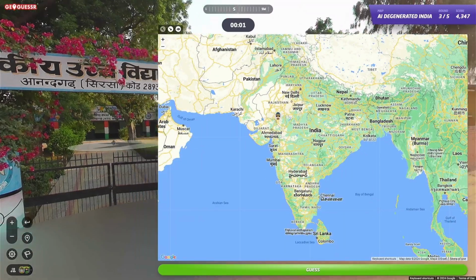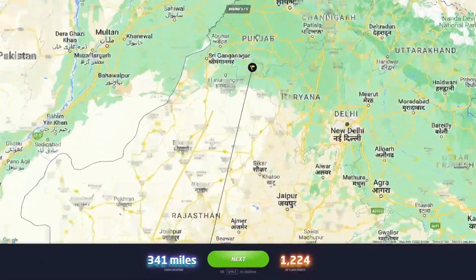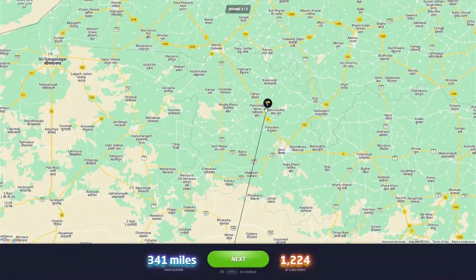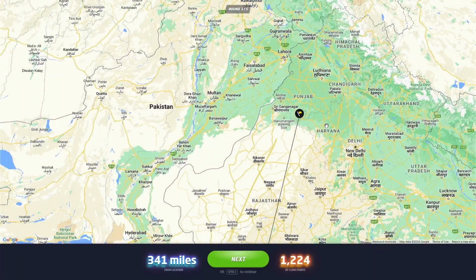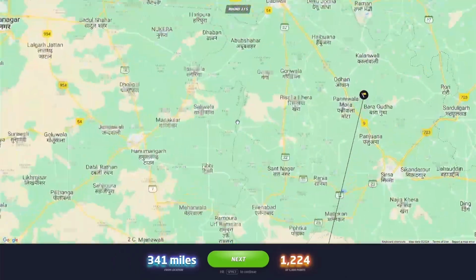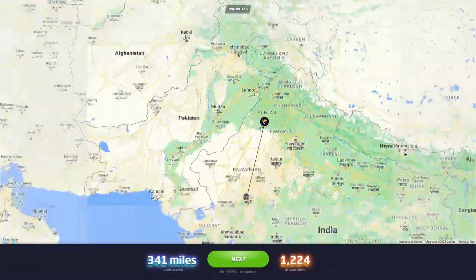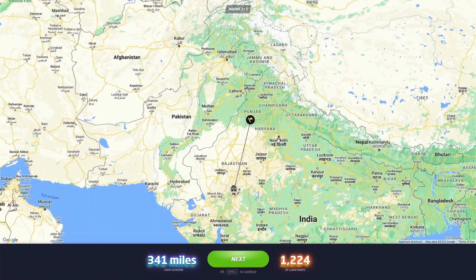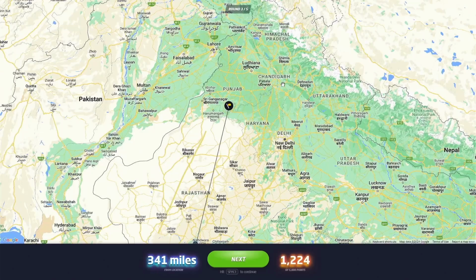That's Rajasthan. It was okay. I was going to say there's no way that was Punjab, but we were. Wait, it was Haryana. Was that not the layout of Rajasthan? Interesting. Oh yeah, I guess this is kind of like the layout that I saw on that very last minute.